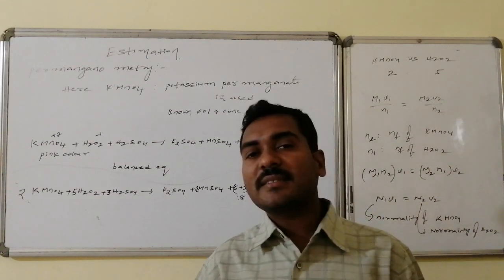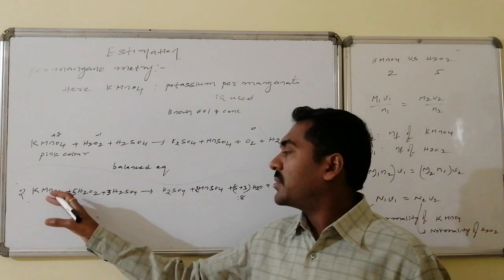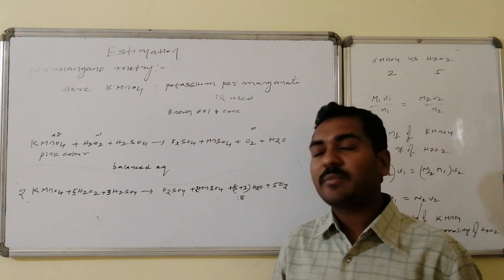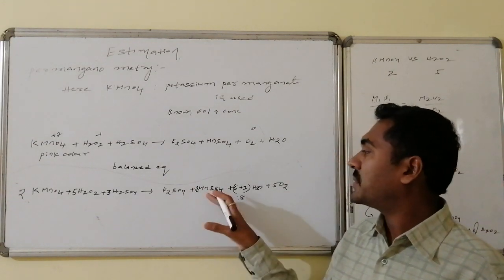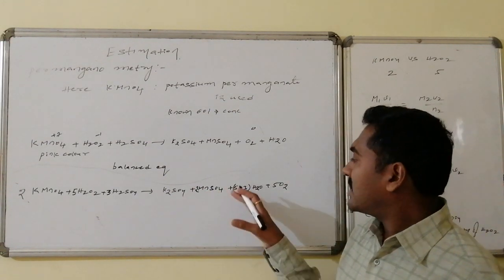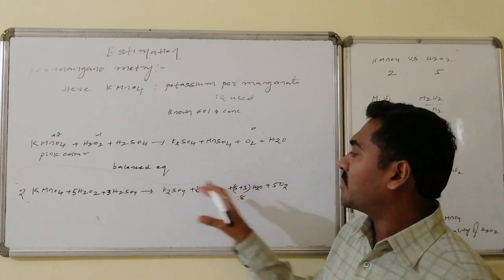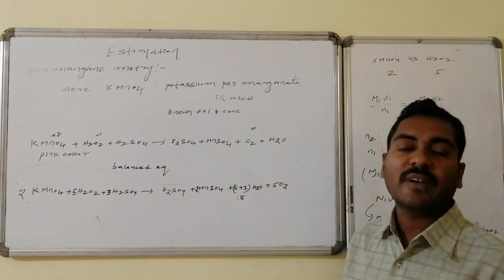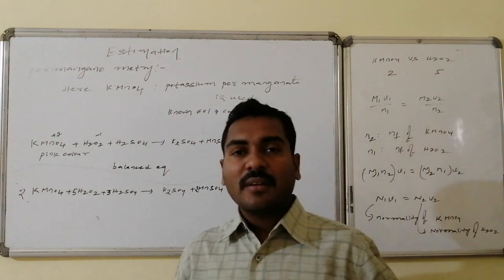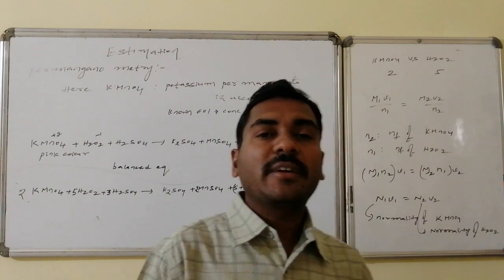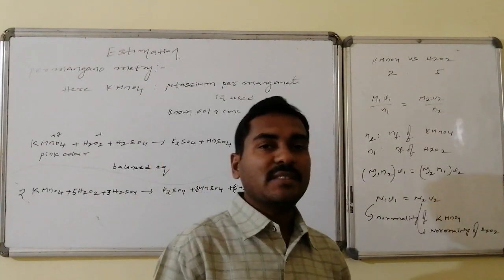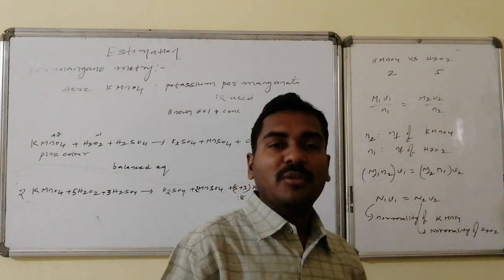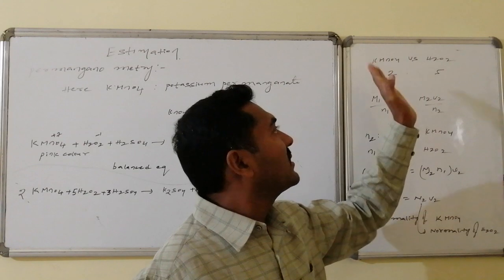If you look at the balanced equation, 2 KMnO4 followed by 5 hydrogen peroxide plus 3 sulfuric acid molecules gives K2SO4, 2 MnSO4, plus 5 water molecules from the hydrogen peroxide and 3 water molecules from the sulfuric acid, 8 water molecules in total, followed by 5 O2 to balance things. Here, looking at the quantities participating in the balanced equation, one is KMnO4, the second is hydrogen peroxide. In the balanced mole ratio, this is 2 times and this is 5 times.